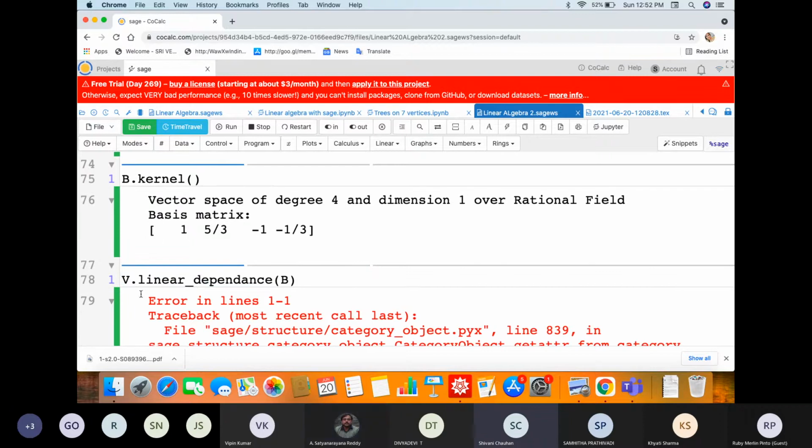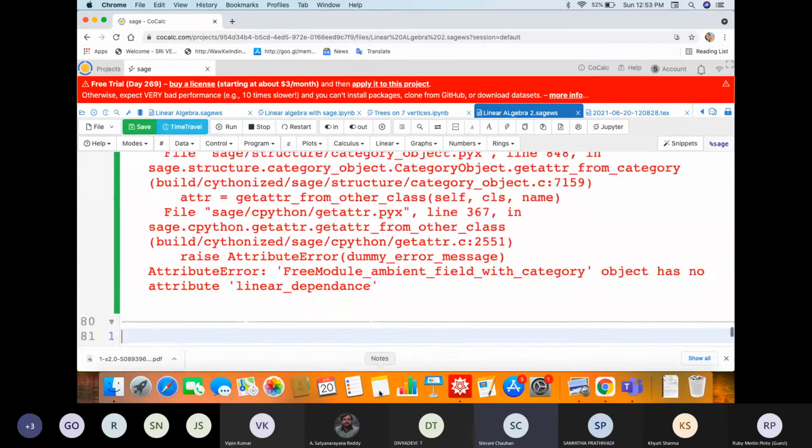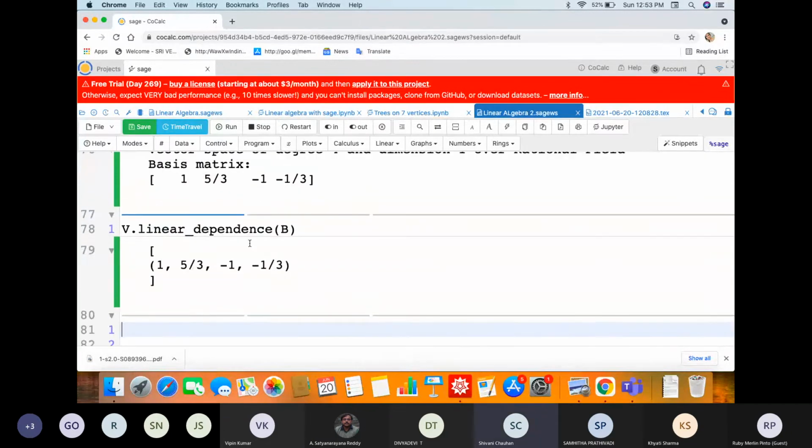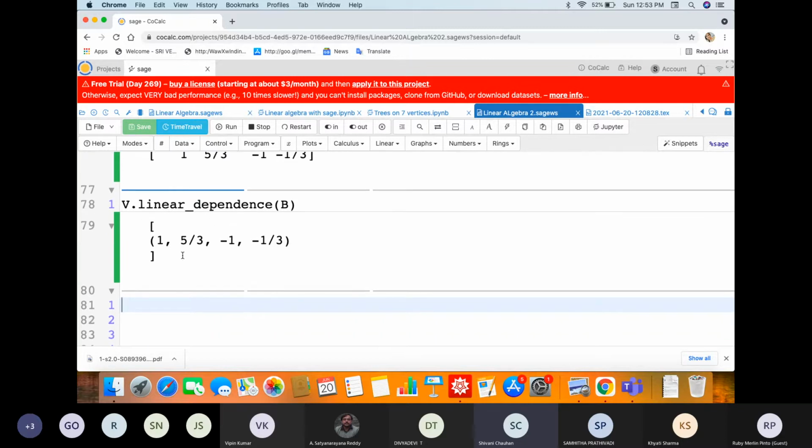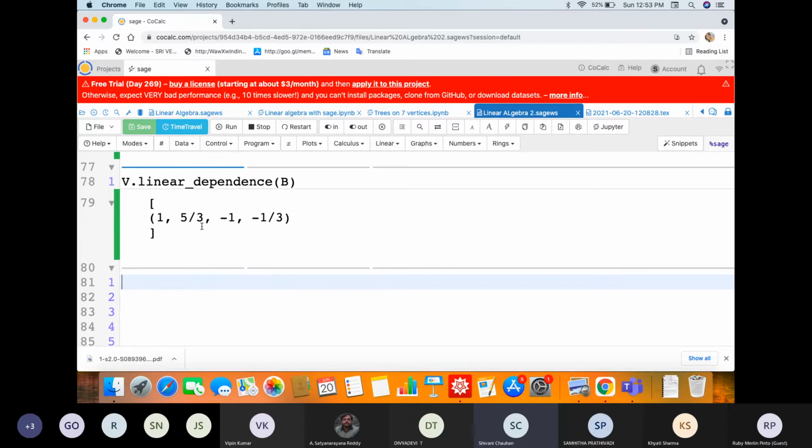Spelling problem. Okay, dependence. So this means if it is linearly independent, this will give me empty brackets. And since here this is linearly dependent, it returns the coefficients of a non-trivial linear combination equal to 0. So these are the coefficients.